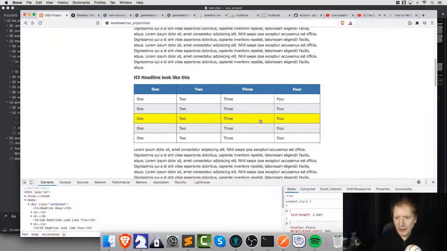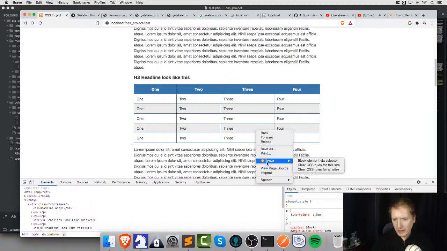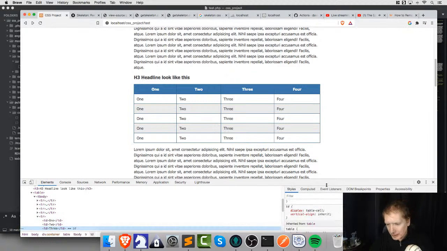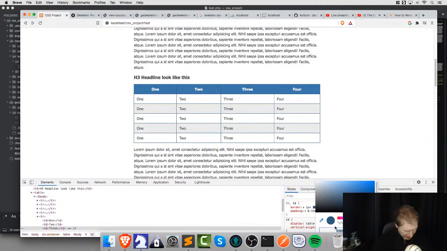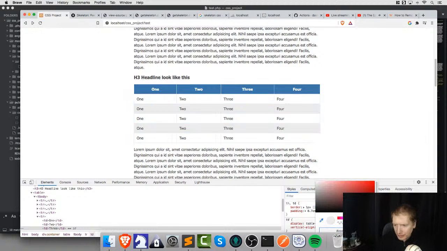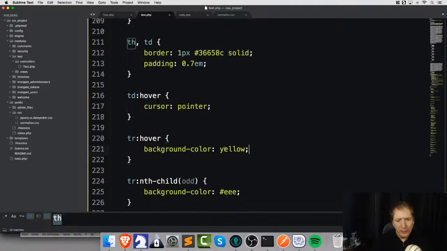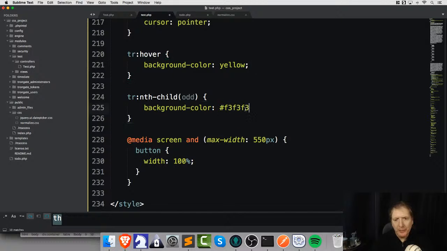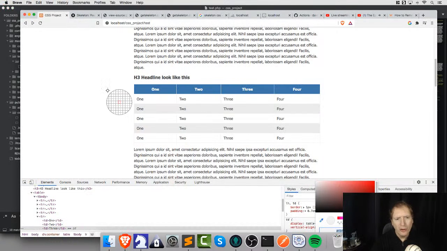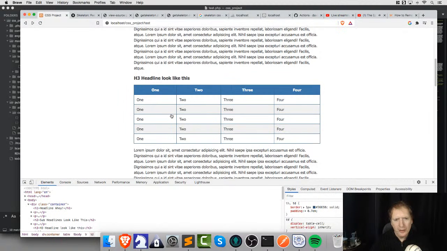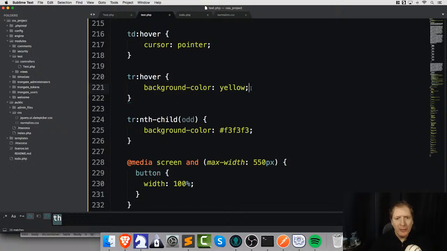Okay, now let's see, what could we do here? I'm going to just open up a little color picker if we can. Alright, so we're talking about hash EEE. That's where we are, right? We've got that. Now, there we go. So, I'm going to change this just a wee bit to that colour. So it's almost identical. Right. And now, when we hover,